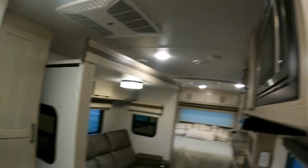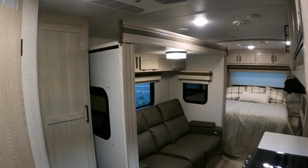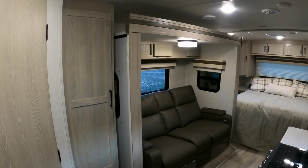Okay, so we're going to put the slide out. What did we learn? Thank you, Josh. Open the door whenever you're going to put your slide out. The pressurization difference is huge, so it makes it so much easier on the mechanism. So we put the slide out, and